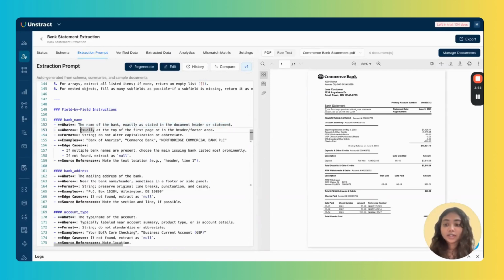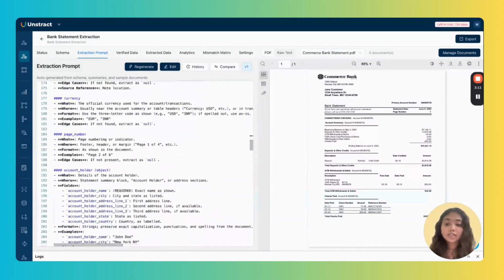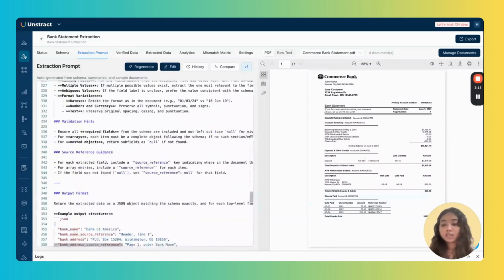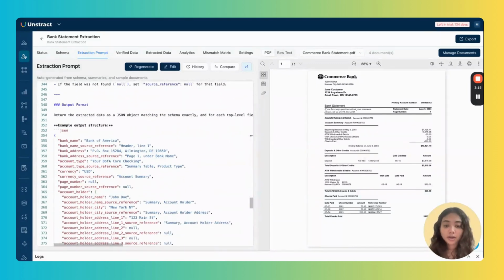Where do you usually find it? You can see that it's given instructions that it's usually at the top of the first page in the header or in the footer area. So what is the format? What are some example values that this field can contain, along with what are some edge cases that you might run into. So this is the level of detail that you go into for each of the fields extracted, and all of this is done automatically.